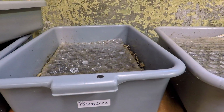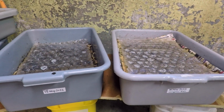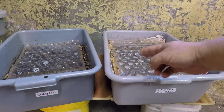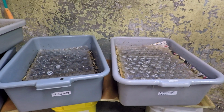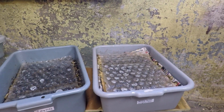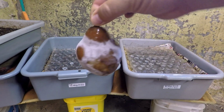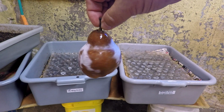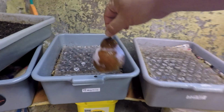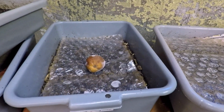The system we're checking in on is this one, and the one we'll be pairing it up with is the one that you see right next to it. But like I said, it was only fed 7 days ago. We're going to let this one ride a little bit longer. We're going to give this one just a little bit to tide it over till the next time, and then we'll start pairing these up together. And in the meantime, here's the pear that I promised, fresh from the freezer. You can already see the humidity and condensation collecting on it. So let's get this system up on the bench, see how it's doing, give it its pear,